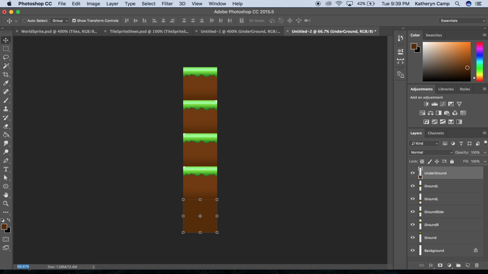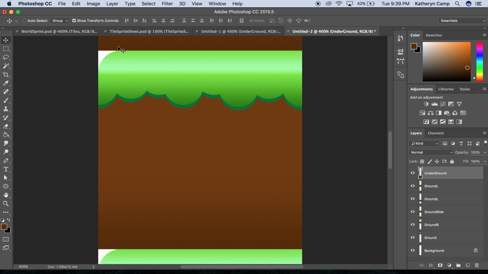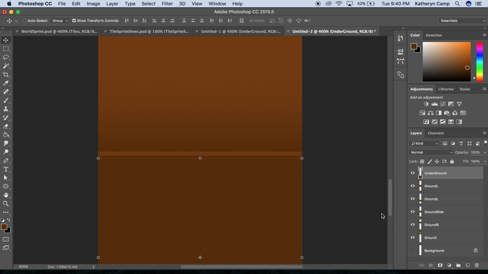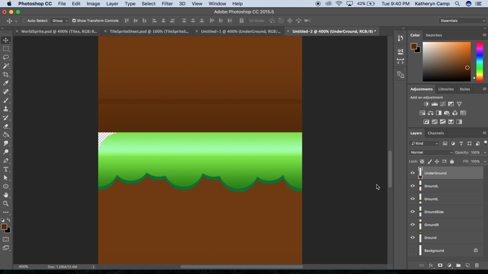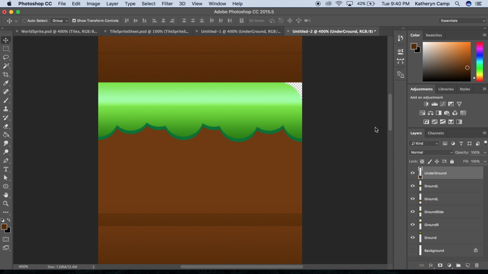But if I get really close on this, up to like 400 again, you'll see that I have these white sections right here. And that's because in this document, I still have a background on. So before I save this, if I want to have this transparency and not have this white little section in my designs and in my game, I have to go over to my background and turn off this eye. And when I turn off the eye, that says I don't want to see this,